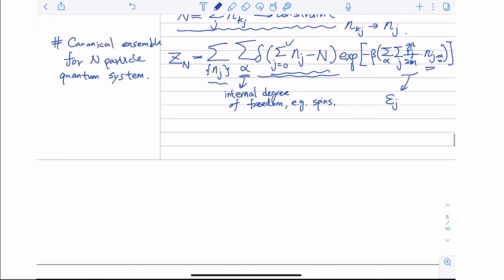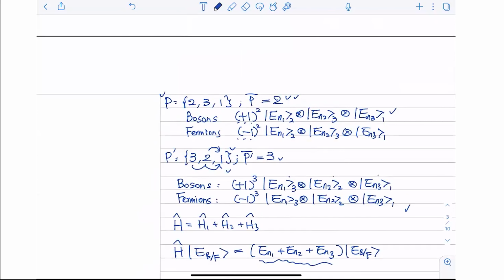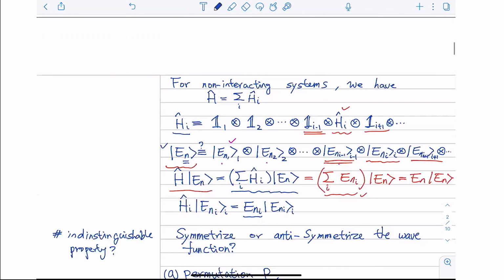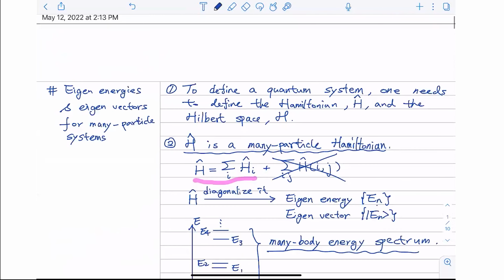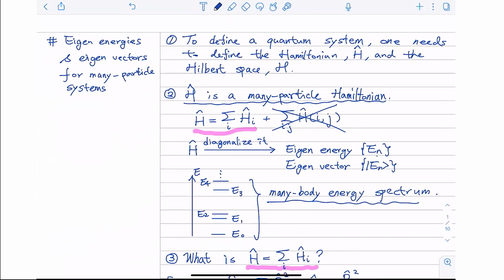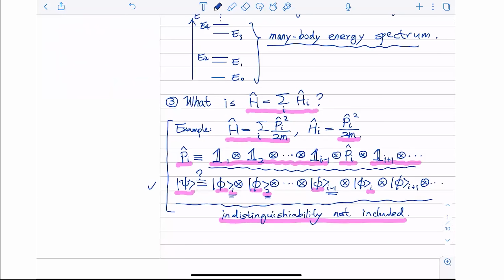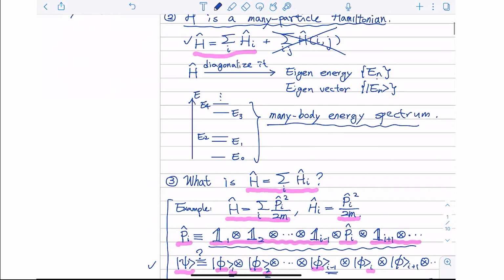quantum particles. So I think today we basically want to give you a very pictorial picture about what we mean when we have a quantum many-particle system, because I think in most cases we don't discuss the many-particle Hamiltonian and many-particle wave functions in detail, but to some extent, in order to really understand what we are doing, we need to have a minimum exposure